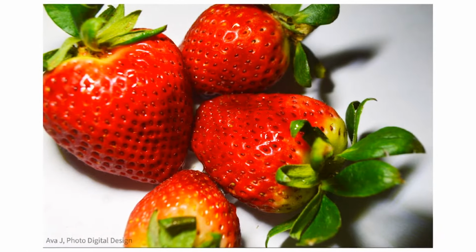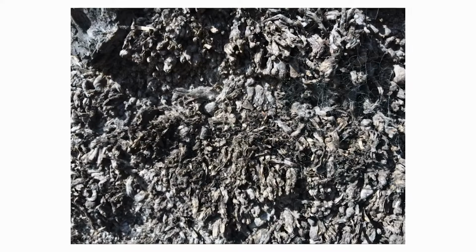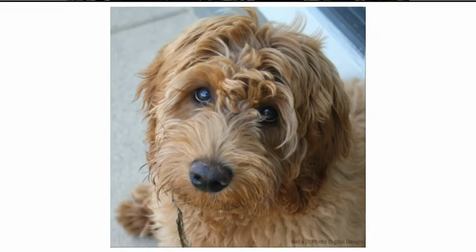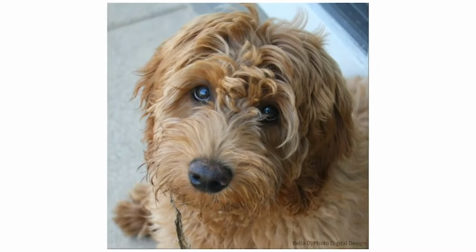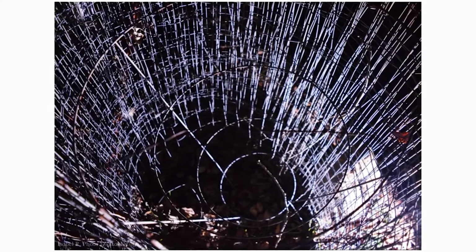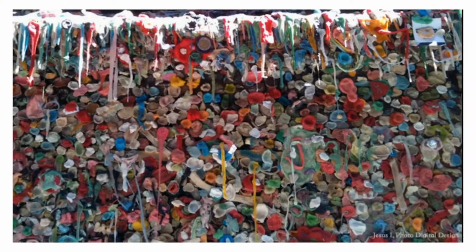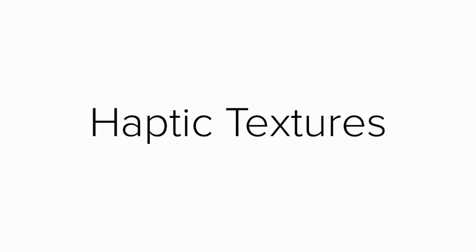Texture can be found in abundance in nature and the environment. Think of the roughness of tree bark or a dog's shaggy fur. Texture can also be found in artificial objects like a pokey wire fence or a wall full of sticky gum. There are even electronic designers who create haptic textures, such as vibrations or other tactile sensations that can be felt